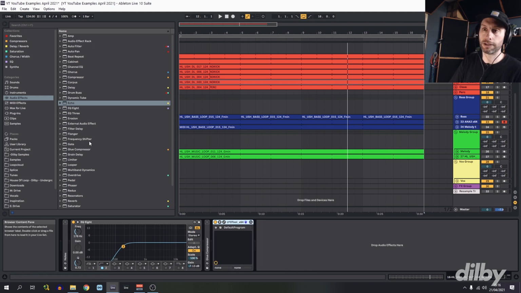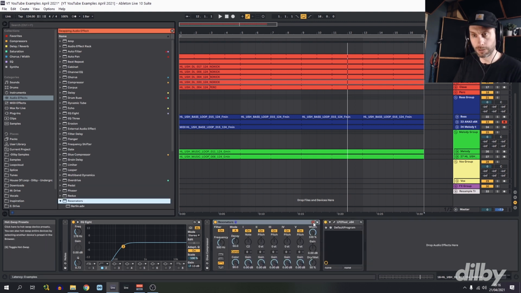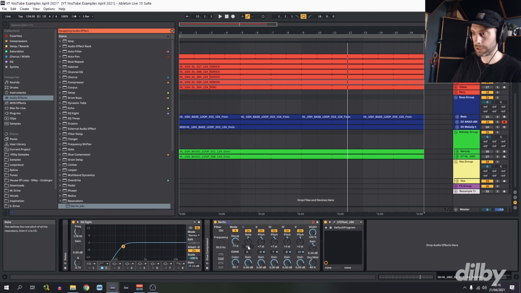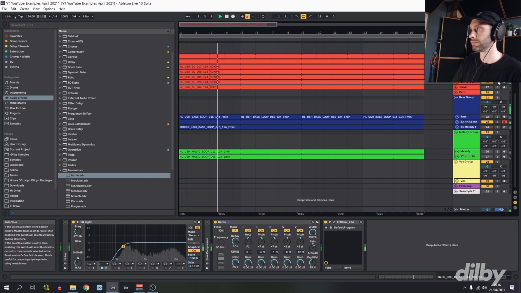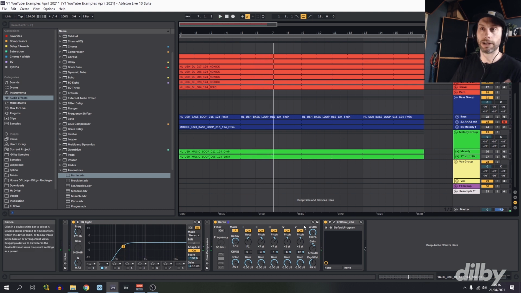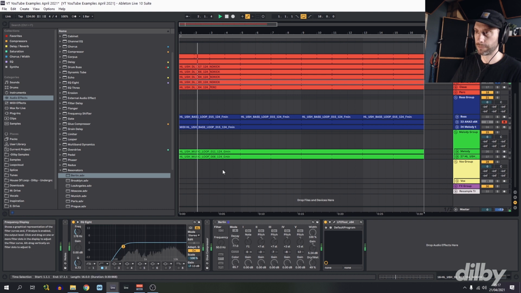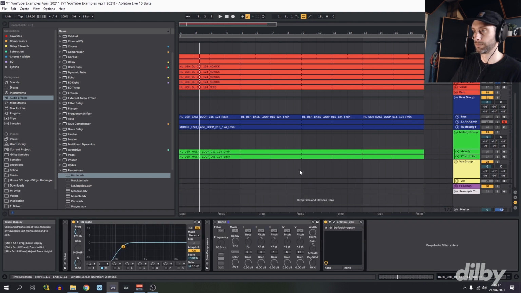is to add in the Ableton Resonator. There's a cool preset called Berlin, and we'll change this to F, the key of our track, and let's take a listen to that. Instantly like a deep groovy melody that came from this. So if we open up the envelope a bit more, turn the resonator back on,